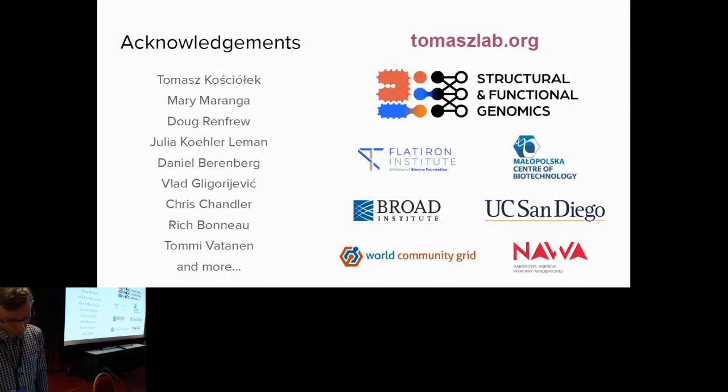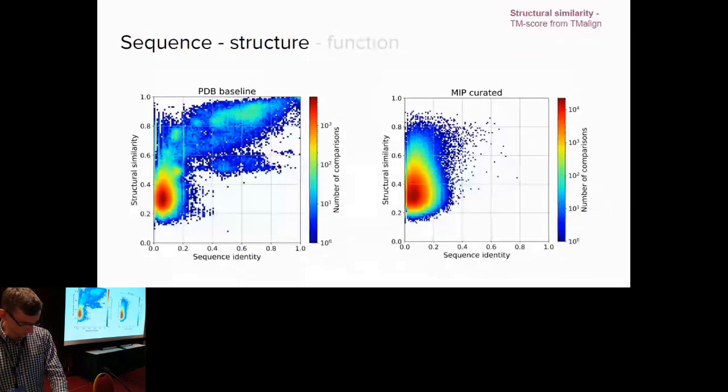All right, cool. And we also have a question from the online audience, Chenging Zhang. In the PDB, most protein pairs with sequence identity over 0.4 have a TM score of greater than 0.5. This is not true for your curated data set. Why do you think that? I'm not sure if I understand it correctly. Because we don't have many, if any, structures with sequence identity above 0.4 in our data set, like in this right plot here.